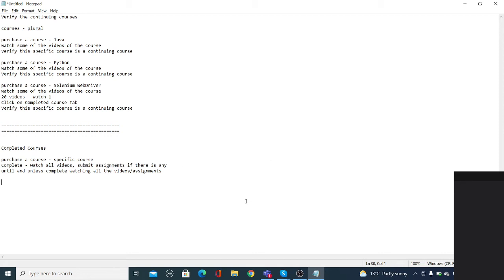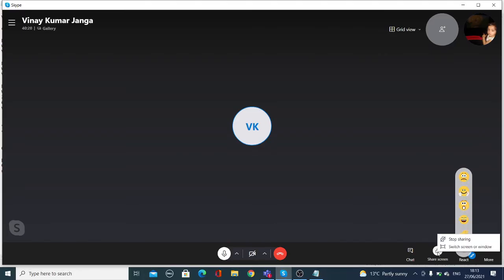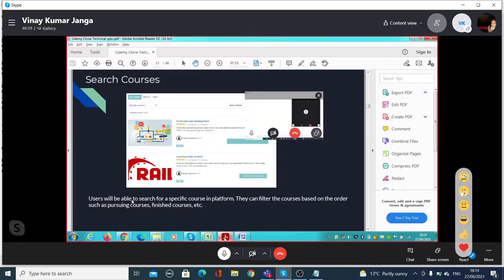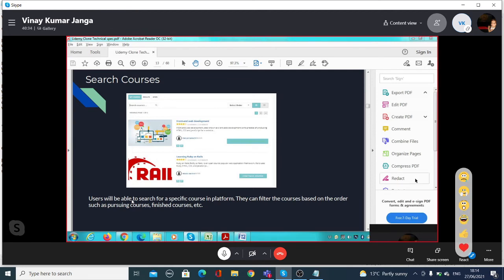So go to the screenshots, share your screen, please. If you look at what they are thinking here, select order, they are thinking there might be a drop down field. You click on the drop down field, pursuing courses or completed courses, and they will all be displayed.